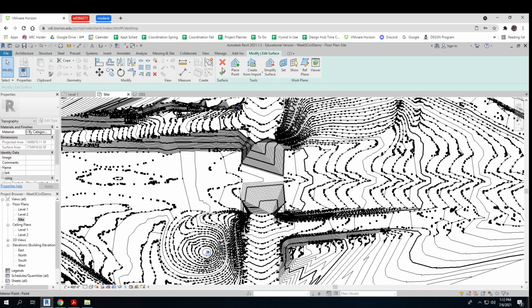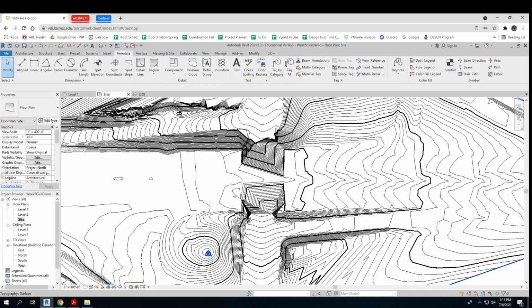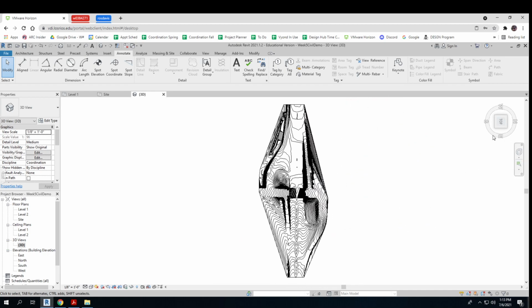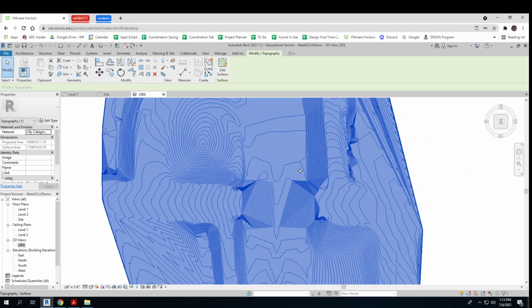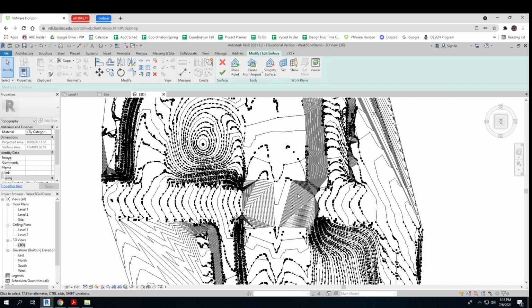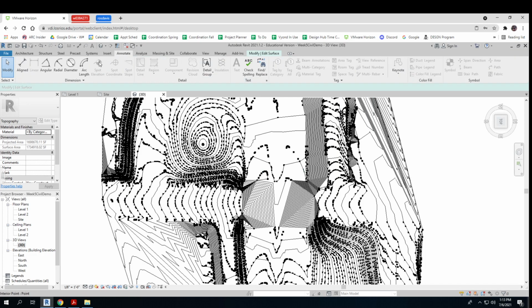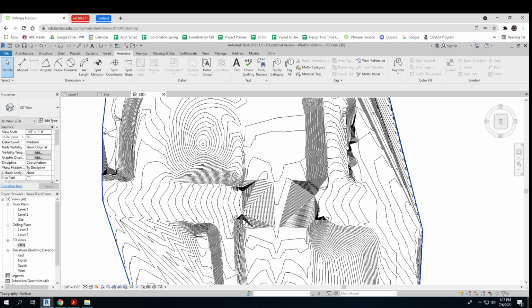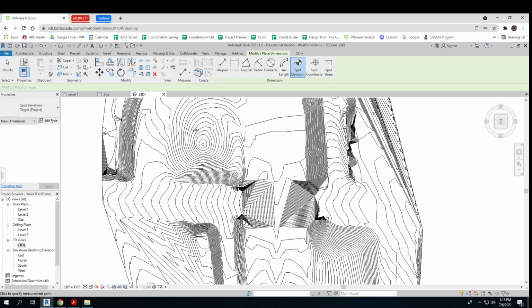Okay, so let's just see what that looks like. That's getting there. Let me go back to my 3D view. Getting there, but it is kind of weird, huh? Let me do a little bit more work. Oh, let's see. Let me get out of this really quick. So now the other thing I know is like right here,